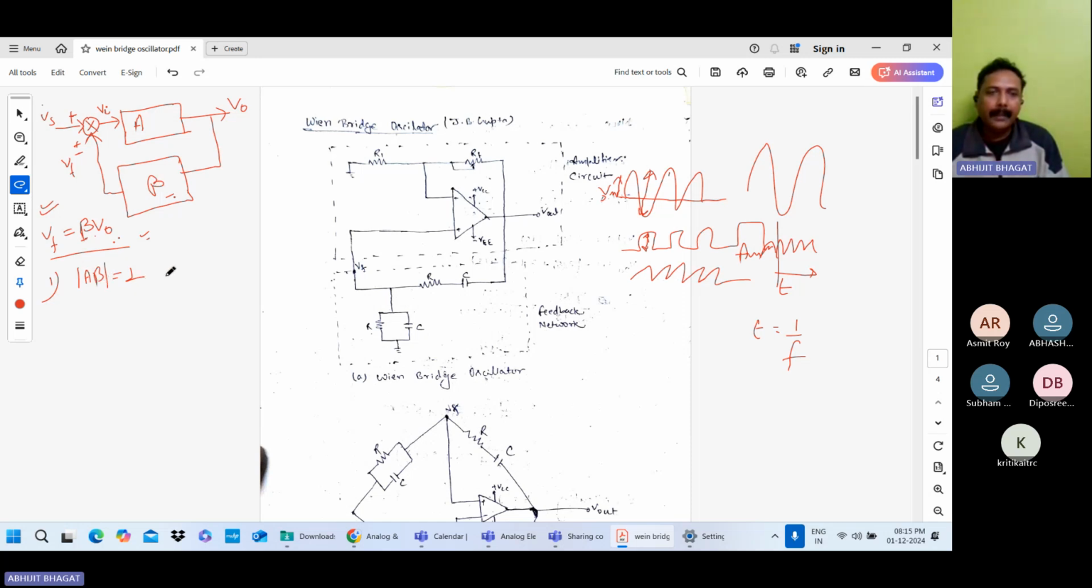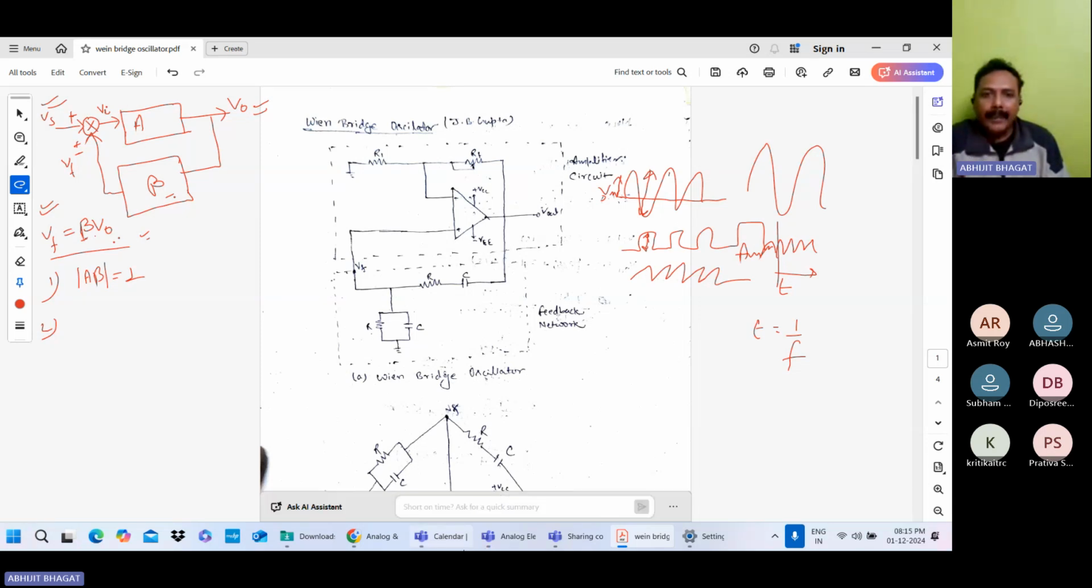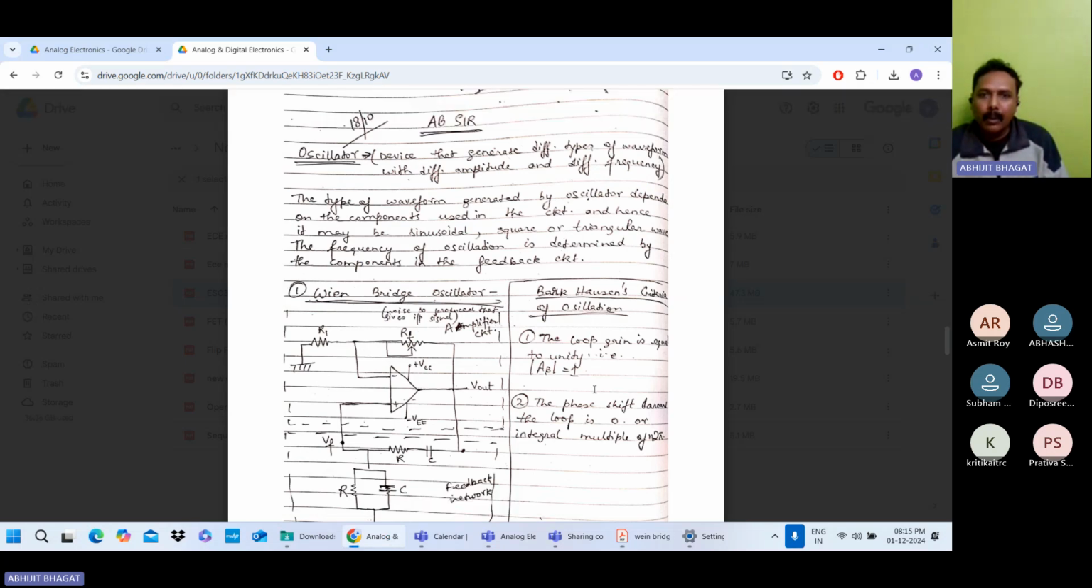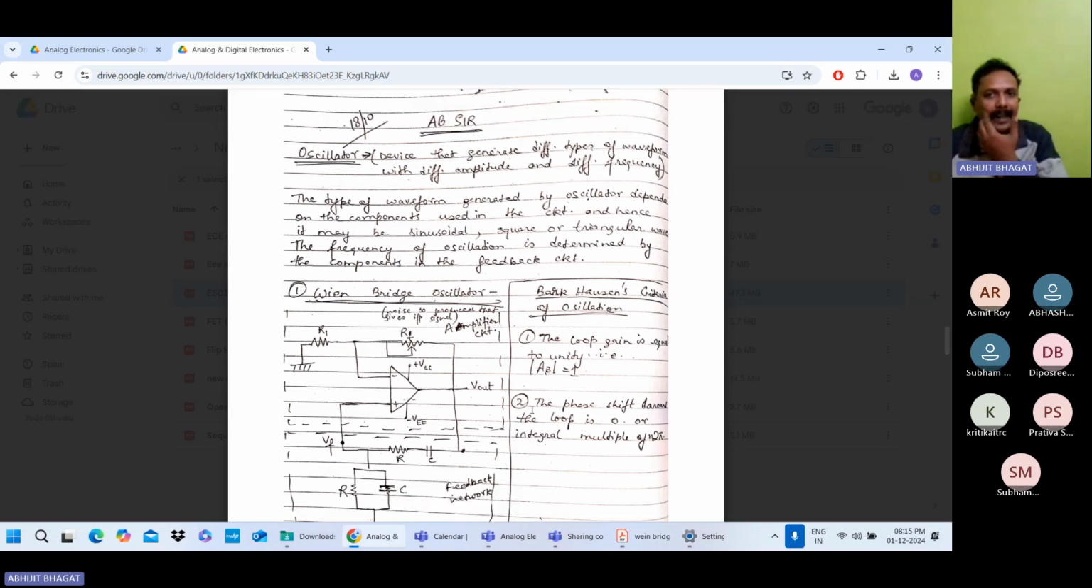This is the first criteria. And second is your output voltage and your input voltage. The phase difference between the output and input voltage is defined here in the second criteria. So first criteria is A beta equal to 1, mod of A beta equal to 1, and second criteria is